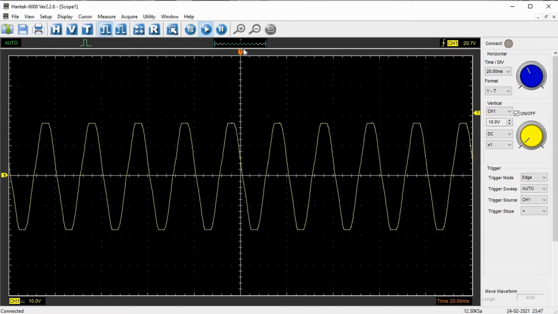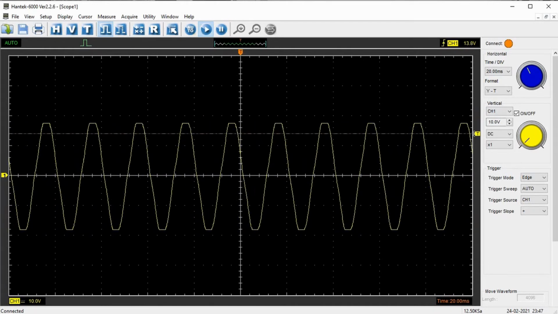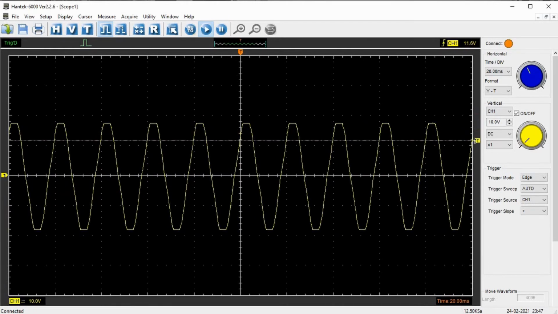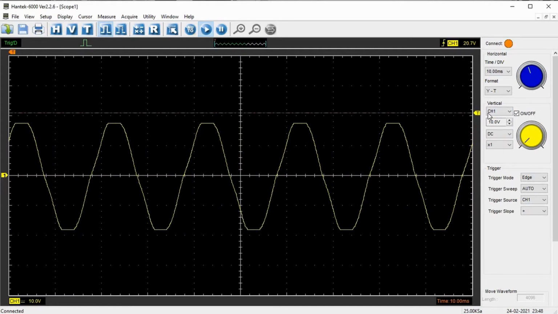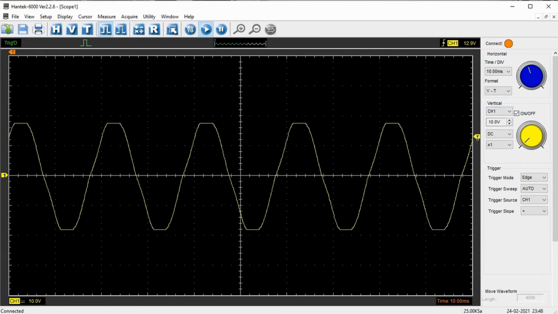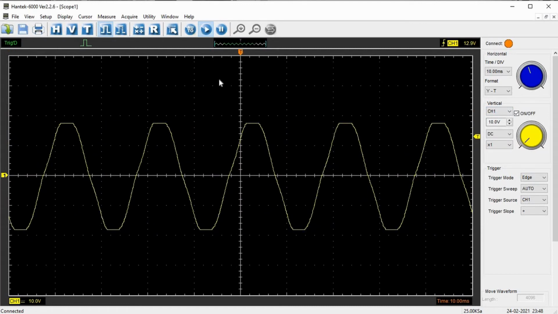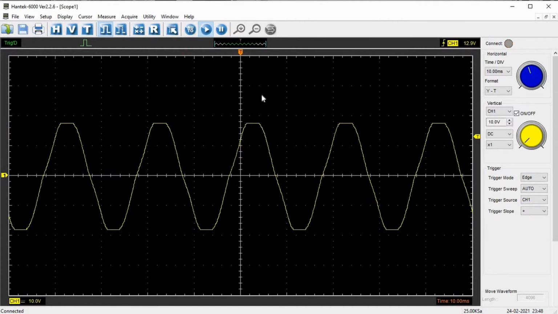There are two trigger points. One is the time trigger, which is here, and one is the voltage trigger, that is here. So now you see that it has triggered. If you move the trigger point away from this, it has started to move. Now let's see how this happened. Generally, what we will do is move the trigger point to the center for these kinds of waveforms. If you want to, you can move it to any point and it will trigger. The time trigger will happen.